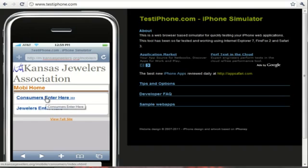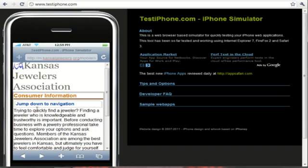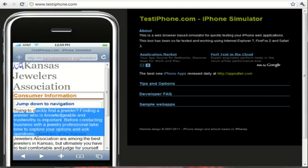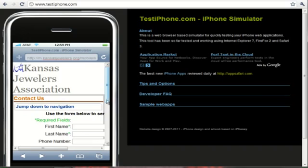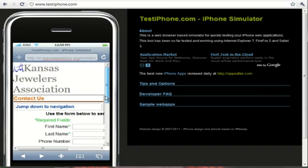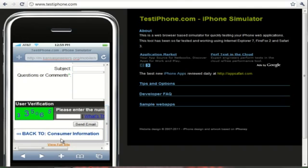and we'll take a look at the consumers center here. Now this is the more exciting part of the site. Trying to quickly find a jeweler who is knowledgeable and trustworthy is important. Before conducting any business with a jeweler professional, take time to explore your options and ask questions. There is an easy way for a consumer to contact the Kansas Jeweler Association, or what's even more fancy